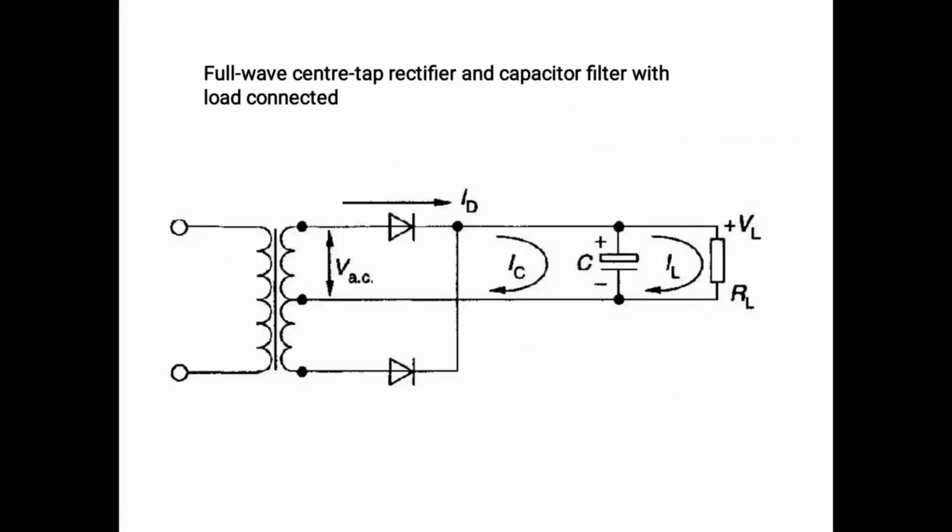Another one is the full wave center-tap rectifier using a capacitor filter, with filtering of the load connections. The load connection is connecting the diode and the capacitor across the resistive load conditions. On the load, the diode is used first, the current increases and flows,